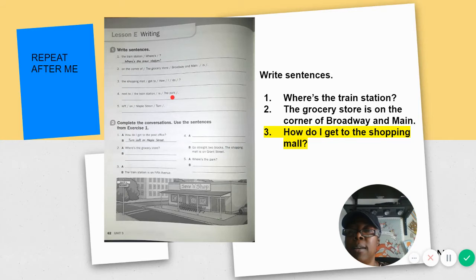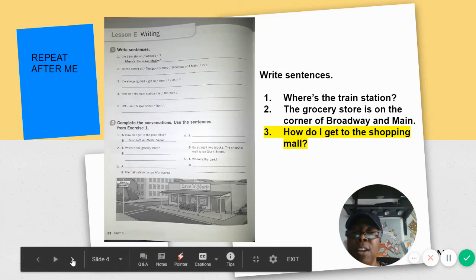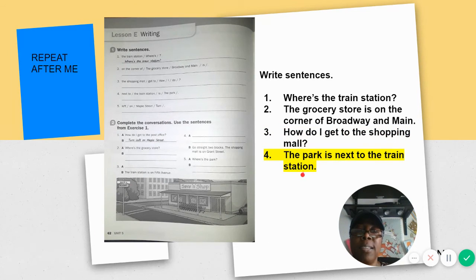We have the park. Next to the train station is the park. Our sentence starts with the park. The has a capital letter, so the park. And we have our verb is. The park is next to the train station. Period. Let's not forget our punctuation mark. The park is next to the train station. All right, very good. Then we've got